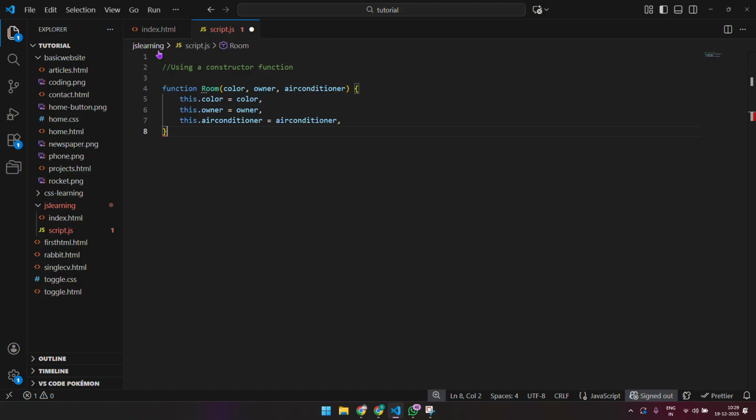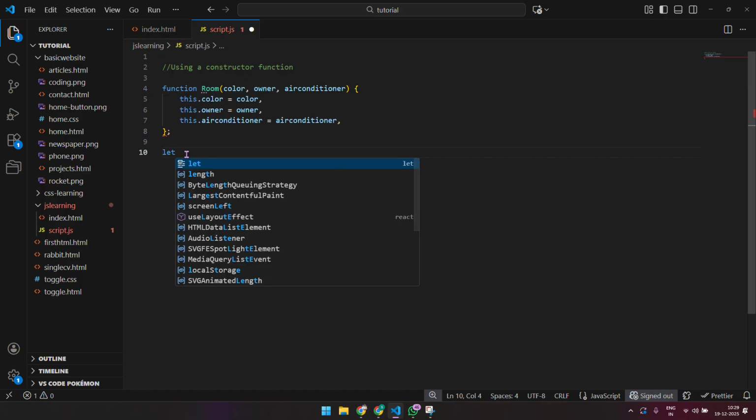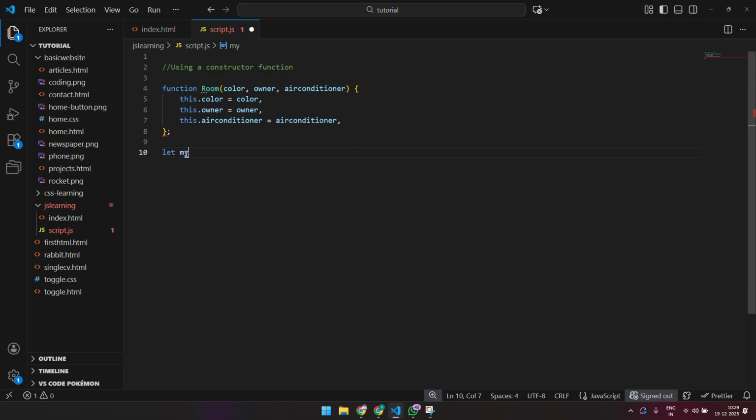Now once you have done this, you are basically saying that the room object has three properties: color, owner, and air conditioner. To refer to this, you need to look for color, owner, and air conditioner in the new function. So let's say we have a new variable, something like let myRoom